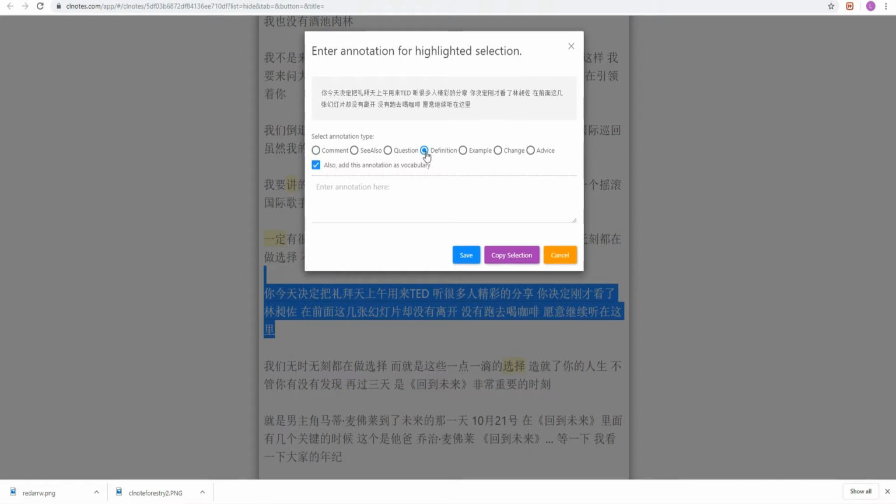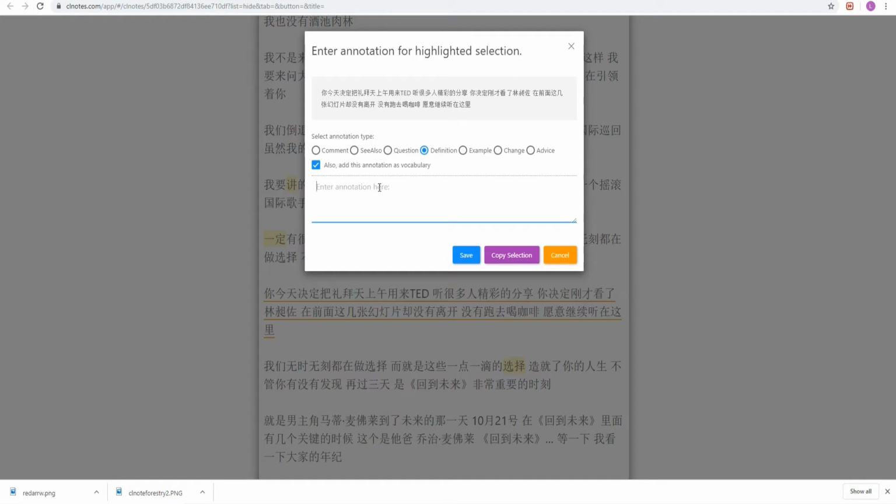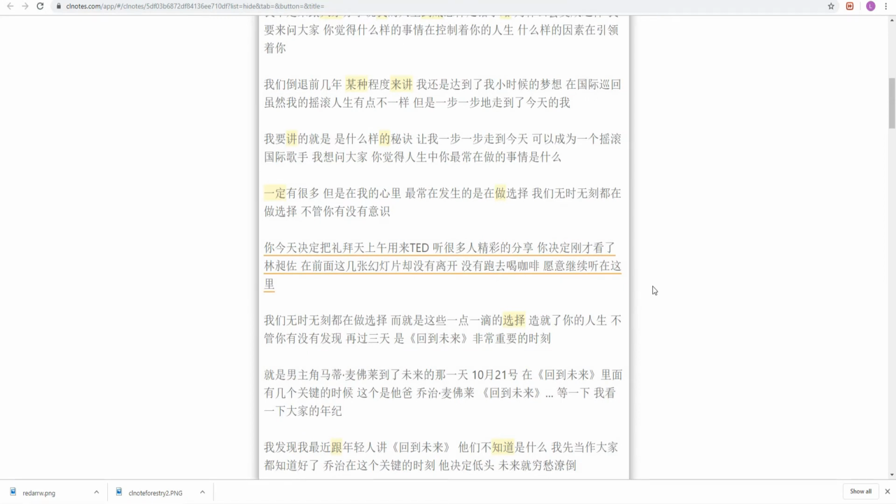And if you give a definition, what's really interesting here is you can use the definition as something for an automated test later. So you could say, for example, this paragraph means something important like part of the Qing dynasty, something like that. And then this will be something that you can use to make a test activity from later. And as you see here, when we hover our mouse over top of this, we get a pop-up that tells us what the annotation is. So this is very useful. And also, for example, if students do that, students can